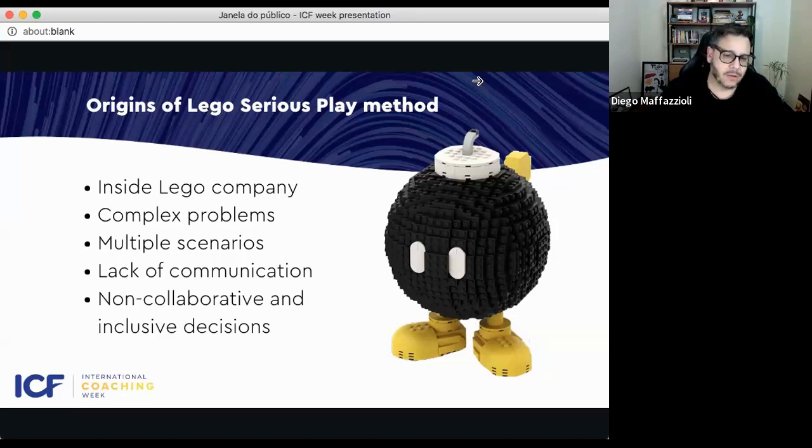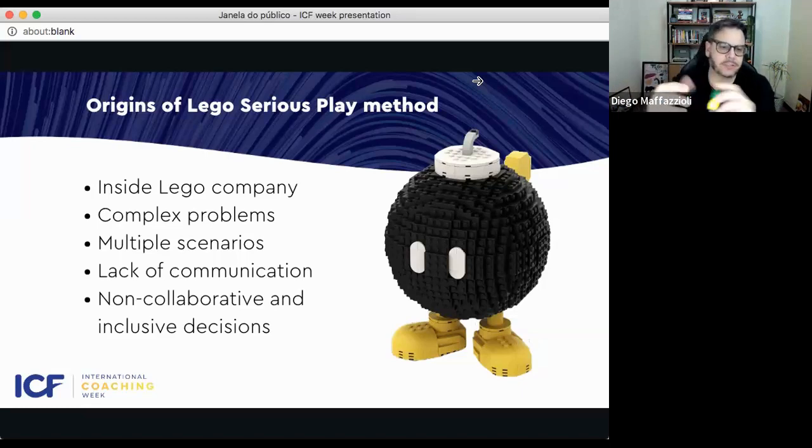It's common in companies to have a lack of communication, and they started to communicate better during the meetings to solve the problems and think strategies. They started to use Lego bricks to show others during the meeting their thoughts and their understanding about the problems. When they started to do that, they saw that this is a way to make our thoughts tangible.